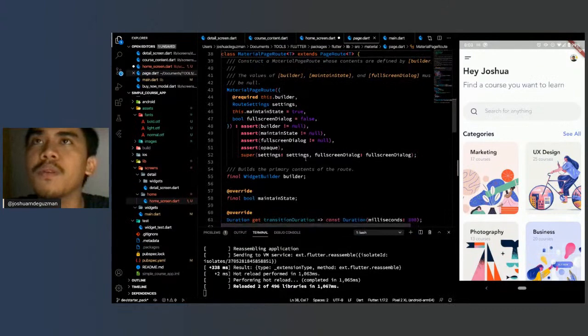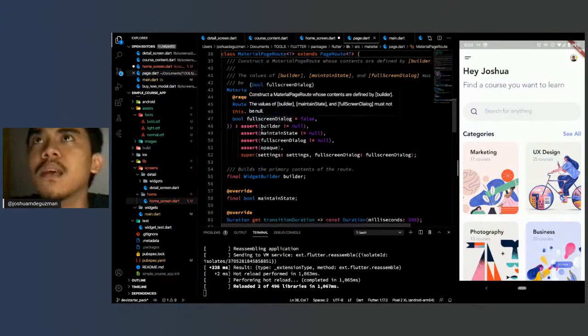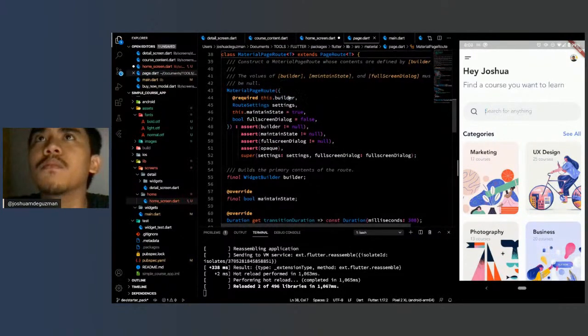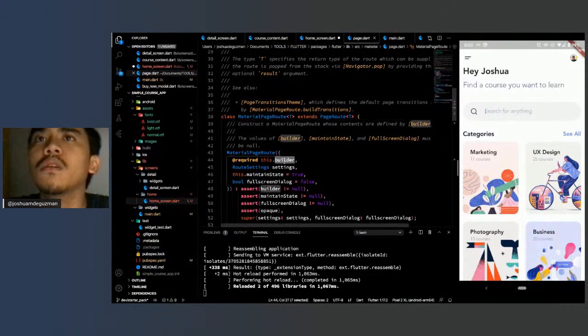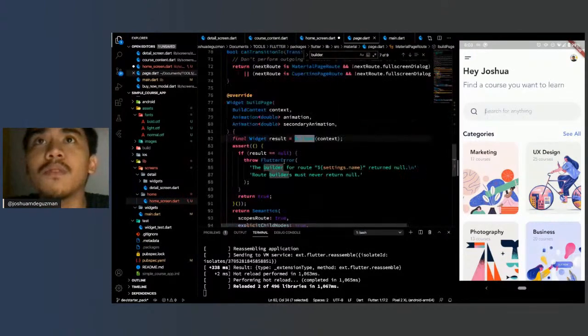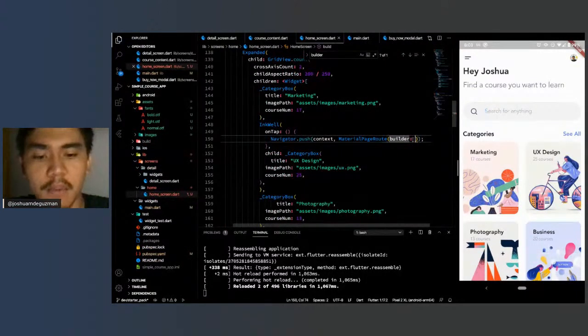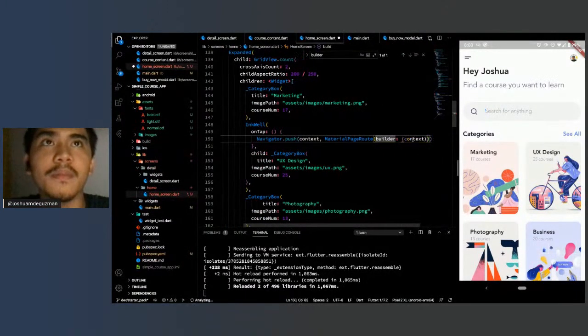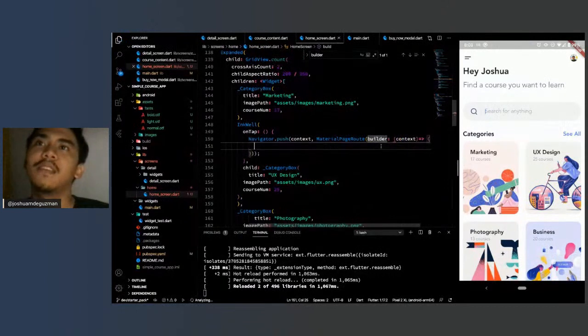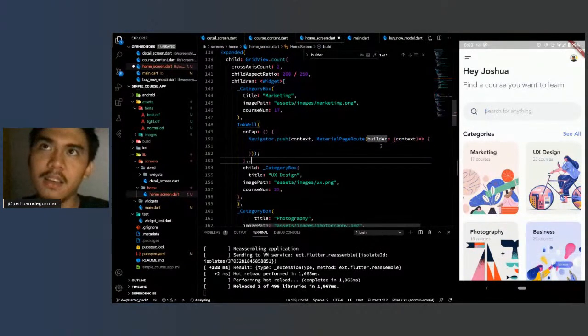You can inspect what properties you have to pass. So builder. It's been a while since I've used this manually, because I've been using named routes already for my apps. Context, right? So that's how you would add a route.